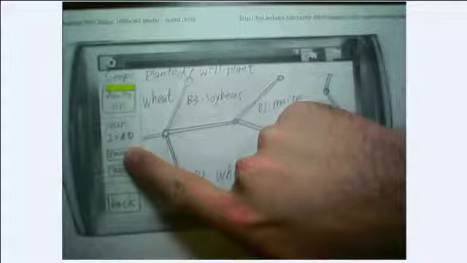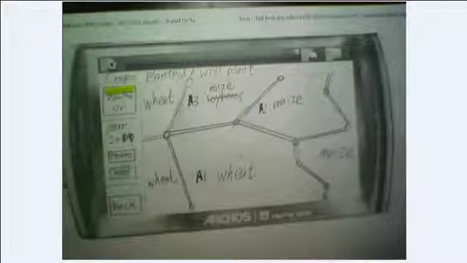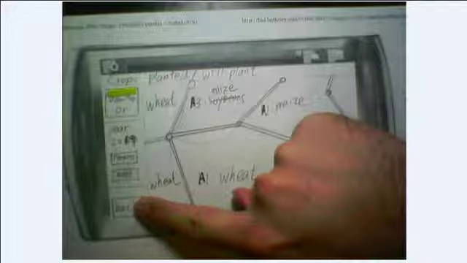Here it's 2010, and the fields are labeled with both the name of the field as well as what crop was planted in it. If they click previous, they can bring up a previous year. Here would be 2009, and here the field and crops may be different from the previous year, and they can graphically compare between years. From here they can click back, and this will bring them back to the list view,